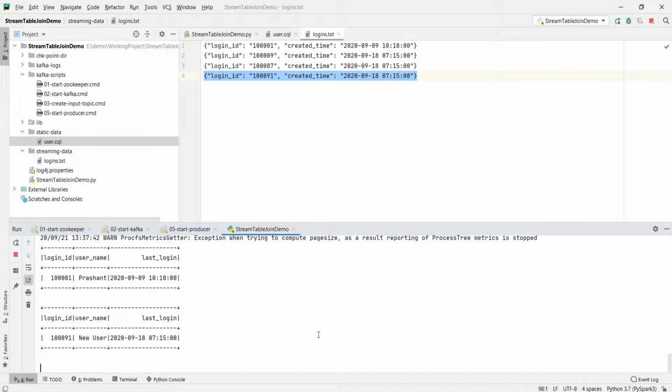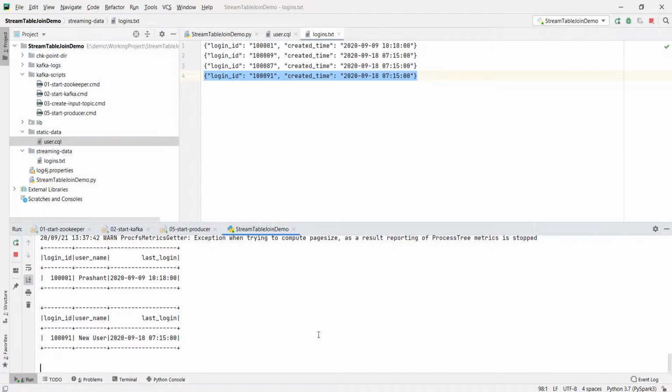We got it. However, this user was not there in the Cassandra table when we started the streaming application, right? But my changes to this table are picked up by the streaming job. What does it mean? Simple. Cassandra table is being reread in each micro batch. So, if new records are coming in your static data source, it should be picked up by the next micro batch. Make sense? That's all for this video.